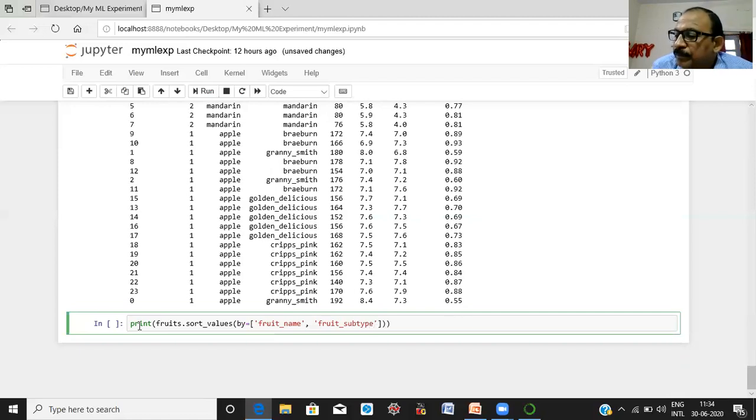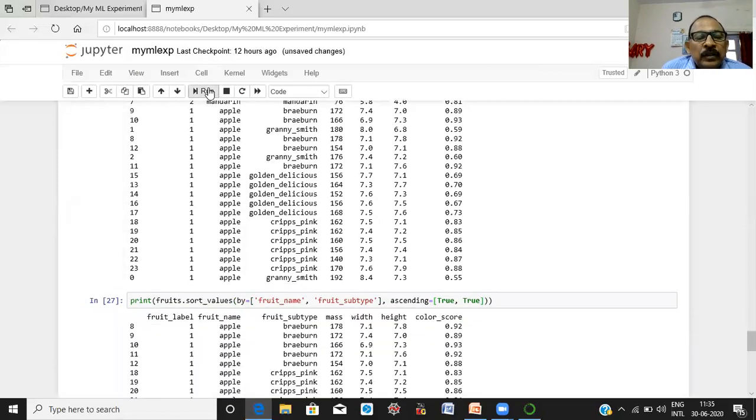Okay. Now run it. Here we have arranged the records on fruit name and, as the second variable, on fruit subtype. Here you can see.